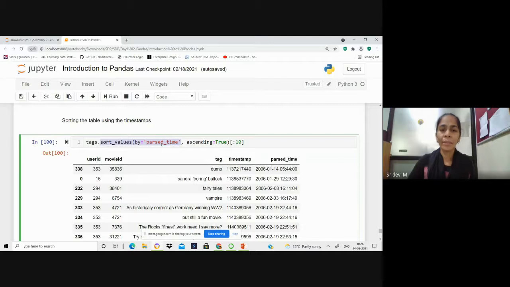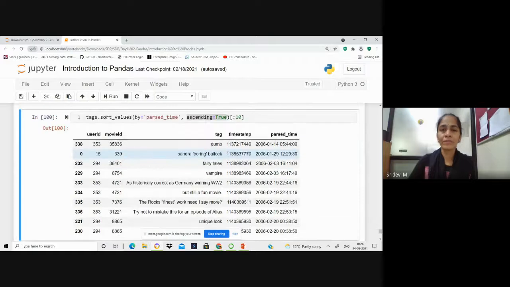You take the parse time column of the tags table and sort it in ascending order, ascending equal to true, and get the 10 data points.